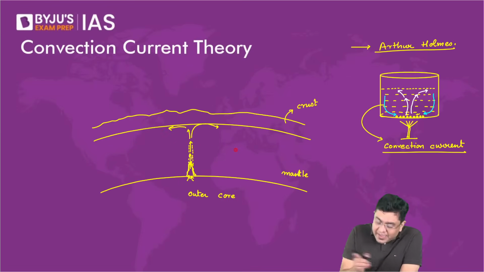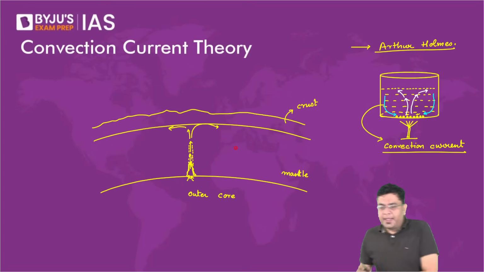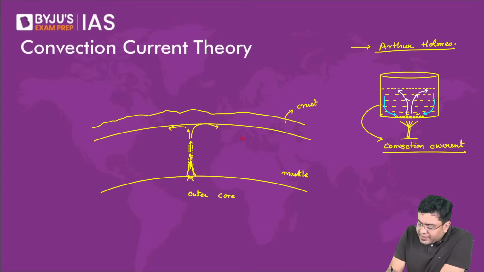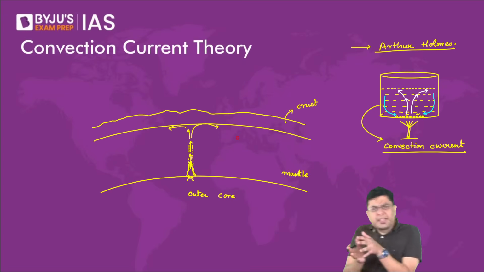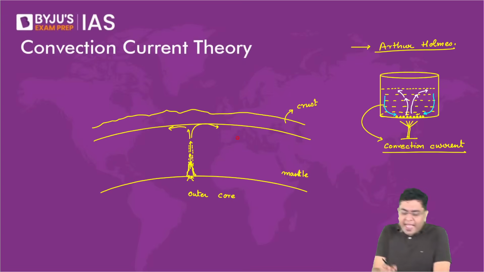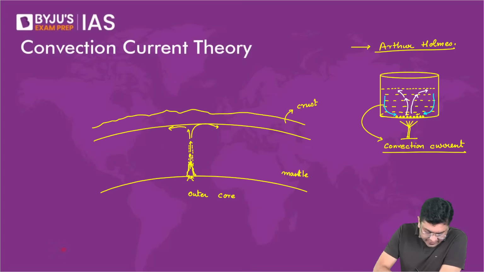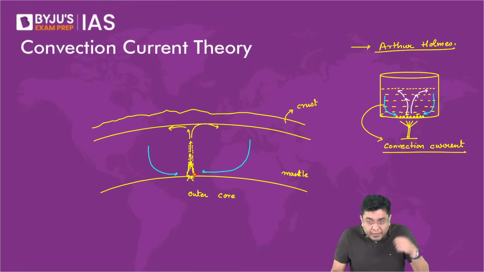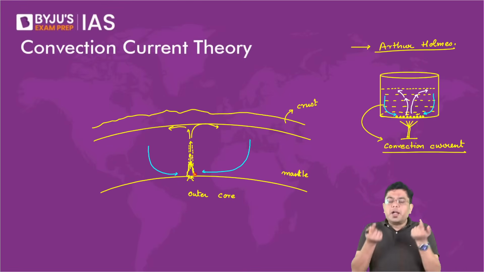Right? And just like in the case of a vessel, here you will observe that some part of that solid, compressed, deformed mantle will end up replacing this. I will use the same color pattern so that you don't get confused. So some part of that mantle will end up replacing this. It will also get heated up. It will also get molten. It will also start rising up, isn't it?